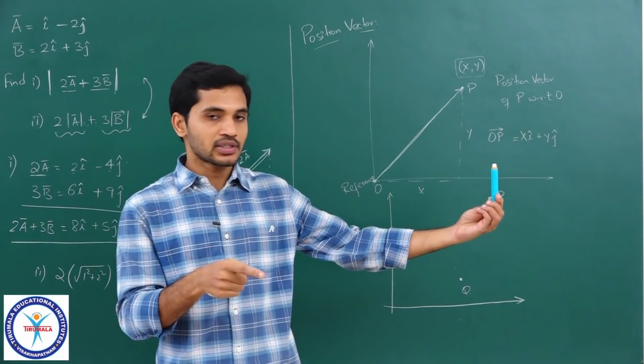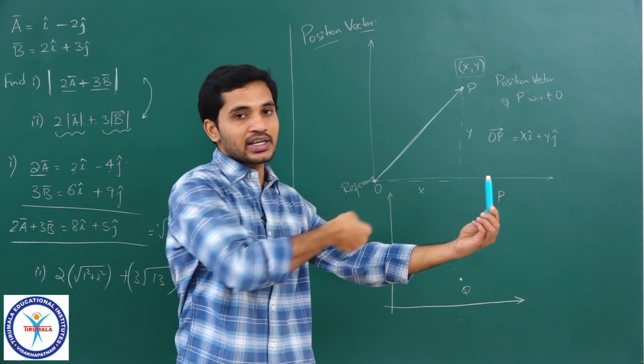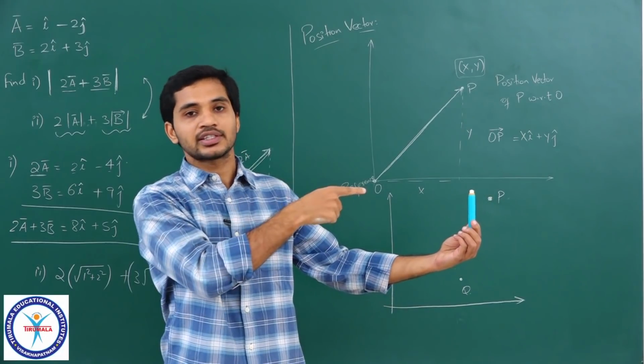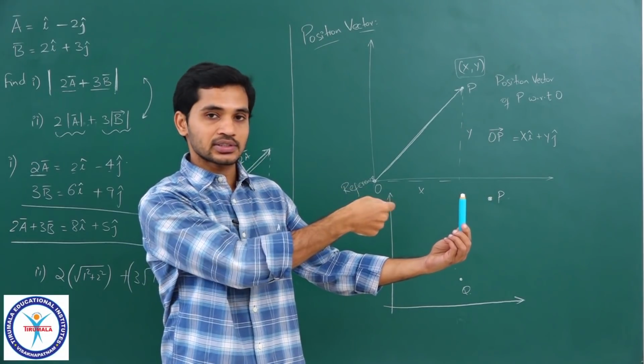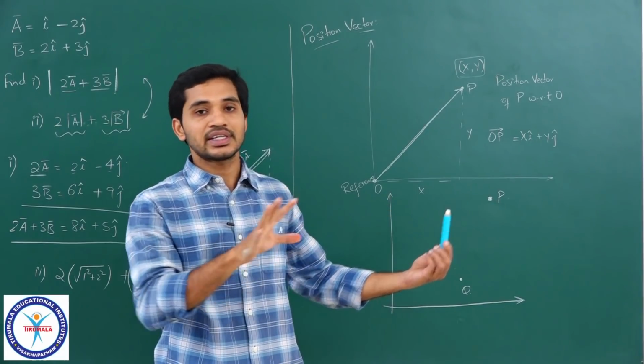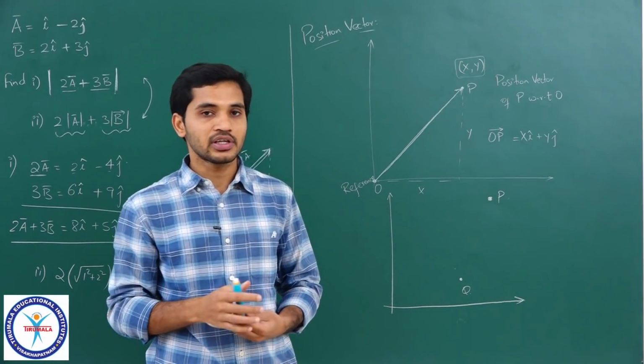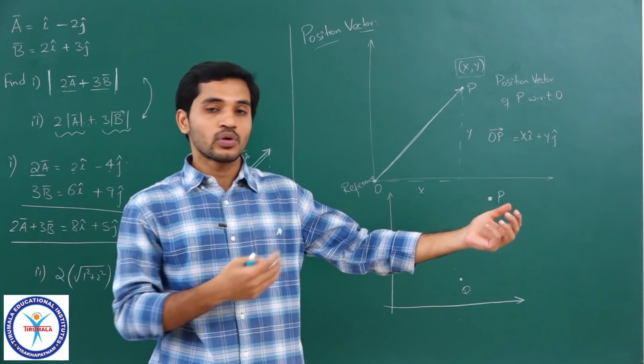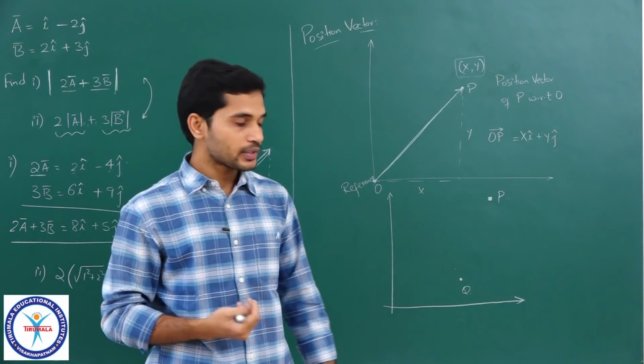So, if the chalk is here, I will draw a line from here to here and give that line to you. By looking at that line, you will understand that okay, that chalk is at this much distance and it is in this direction. So, that is the use of a position vector, clear. It gives us the information about a particular position with respect to some other position, right.